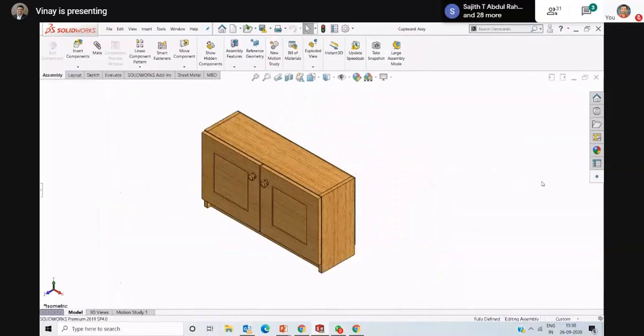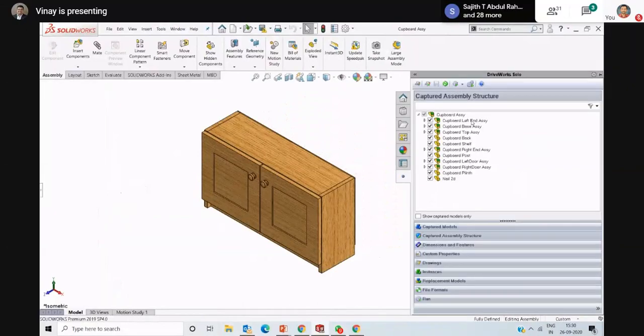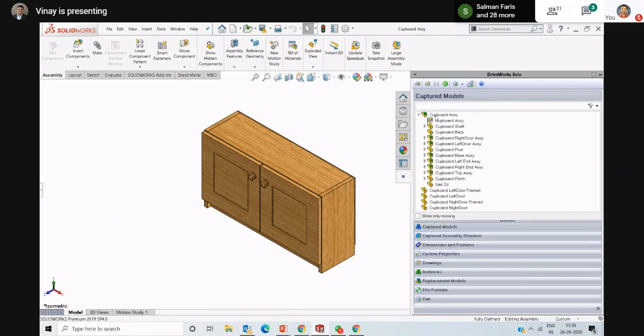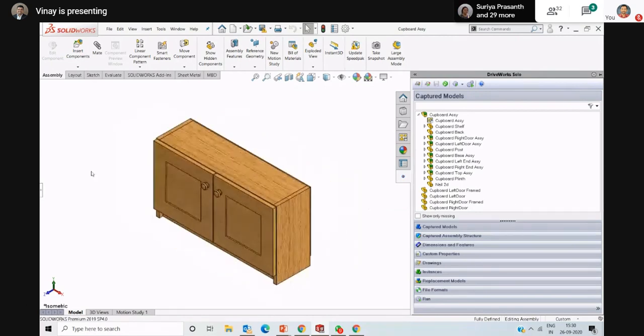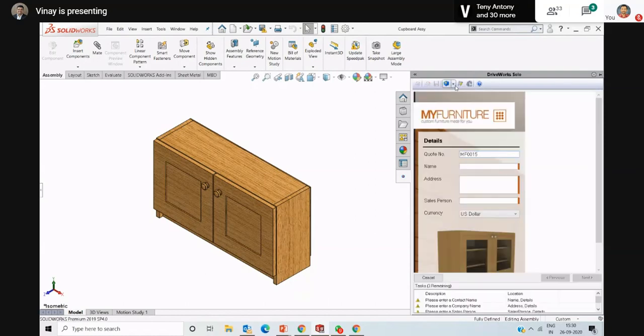As I was telling you in the previous slide, we have an option like DriveWorks automation software. This is the DriveWorks automation software. I'm not showing it in the HTML file, I'm showing you in the software itself. Now the customer wants to design this shoe rack. As a design engineer, you will create a form using DriveWorks software.